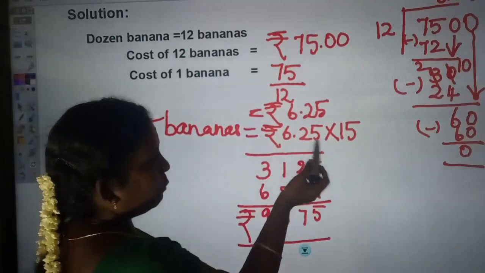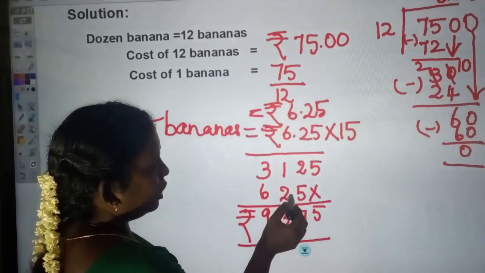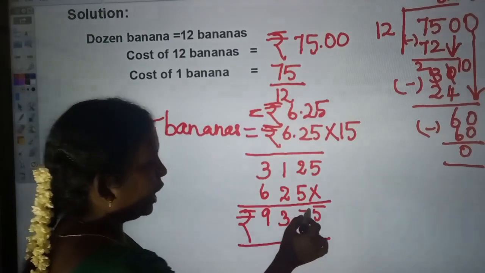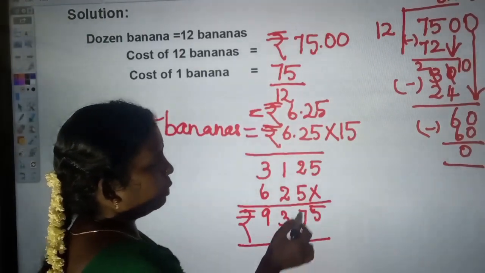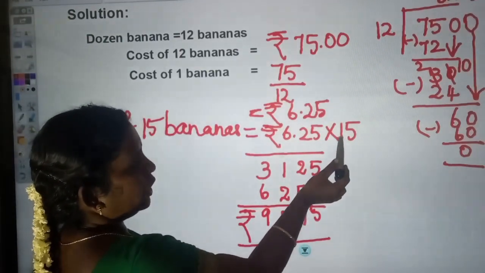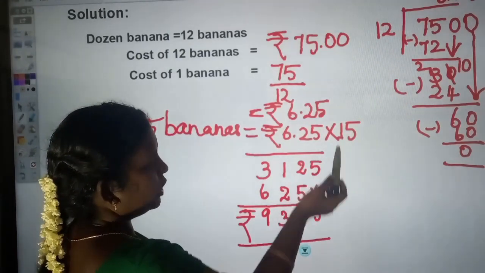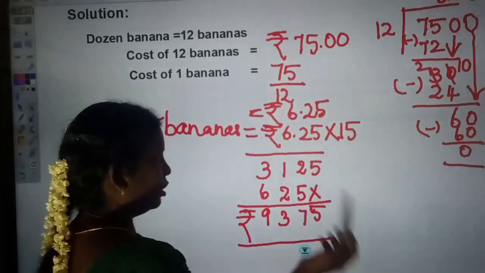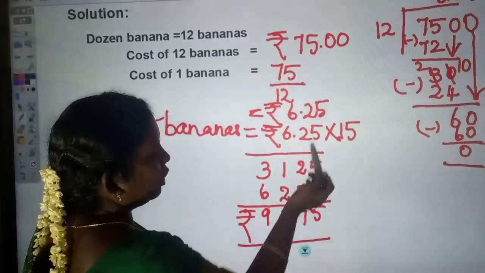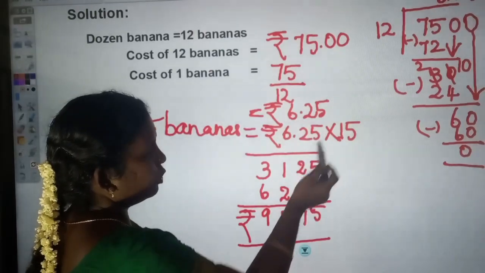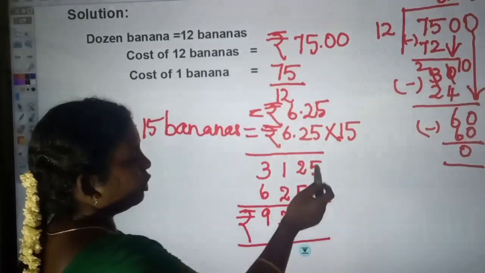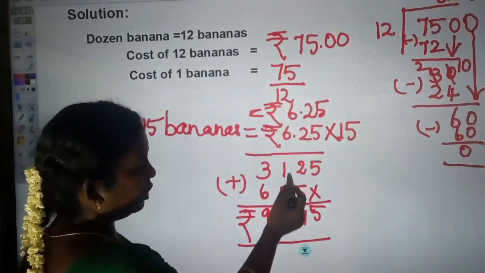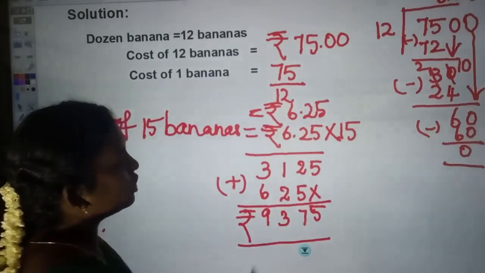During multiplication, in between these places we don't put the decimal point. Only at the end of the answer do you put the decimal point. Children, see, next we have to take the tens place number. This 1 is there. So in the ones place we put a cross or 0. So 1 5 is 5, 1 2 is 2, 1 6 is 6. Next we are going to add these two numbers.